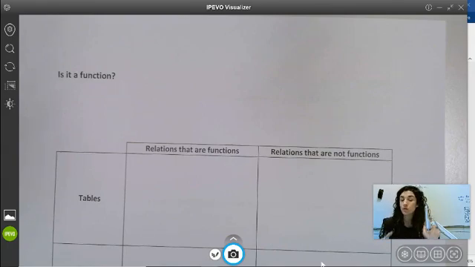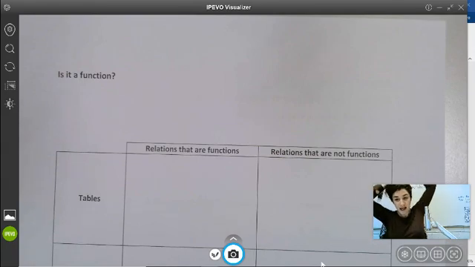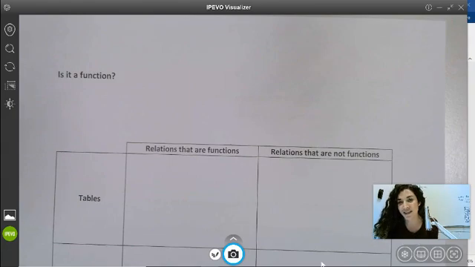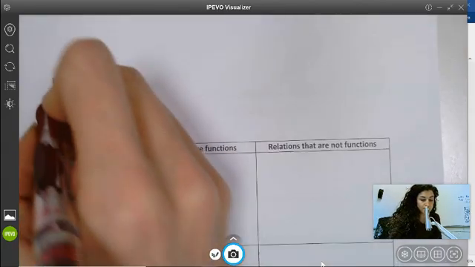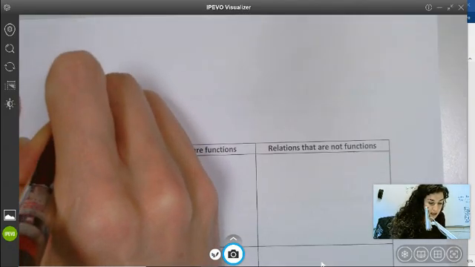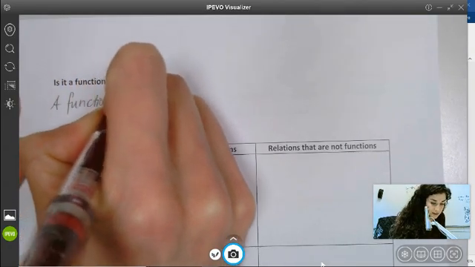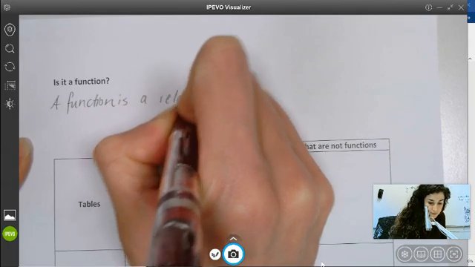Now, anything that you can graph, anything that you can create a relationship between, is a relation. But there's certain perks, I guess, of being a function, and we will talk about that later. What we want to focus on right now is how do we determine whether something is a relation or something is a function. So the definition of a function is that a function is a relation